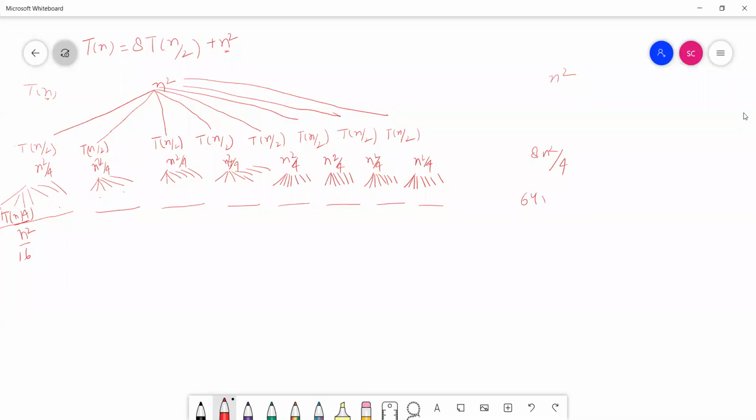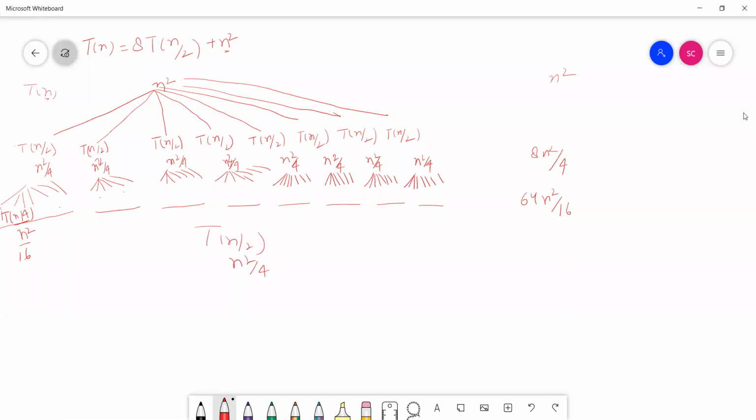So what is there? 64 n square upon 16. See this once again. Here the input size was n by 2 and the work done was n square by 4. So 8 times we have done this work, so 8 n square. Here for one branch, if I expand this,